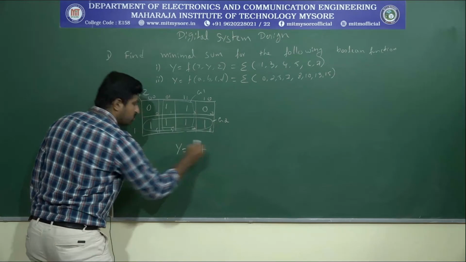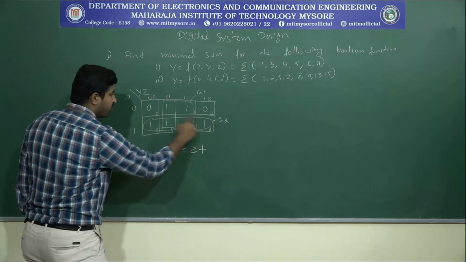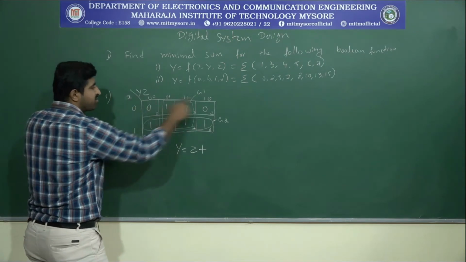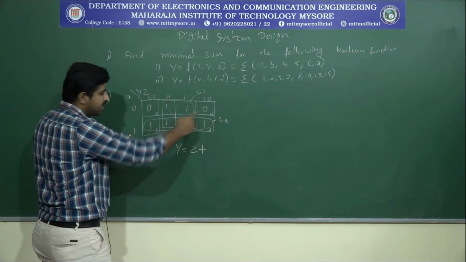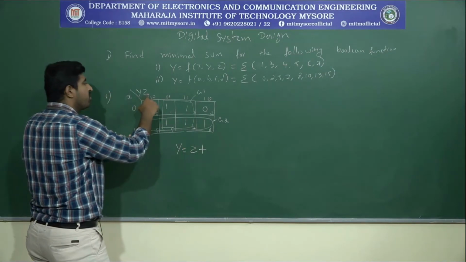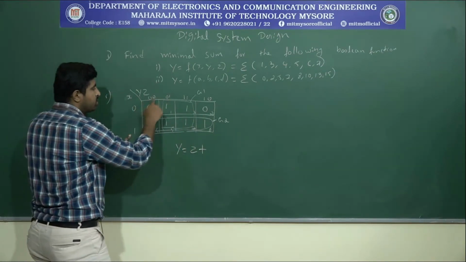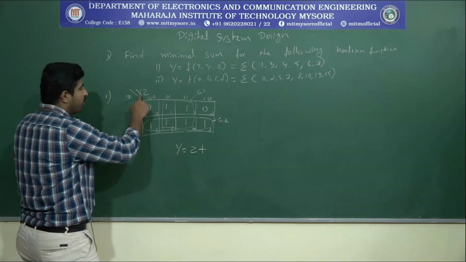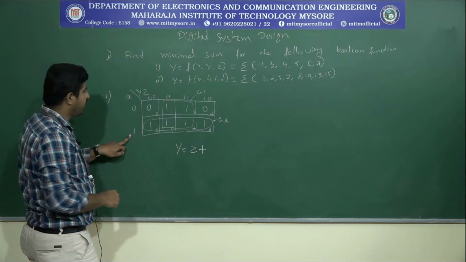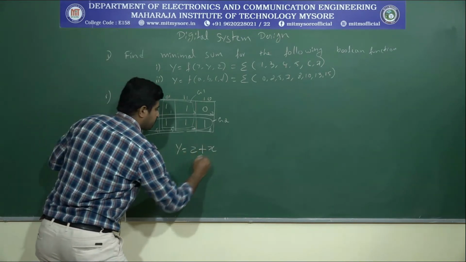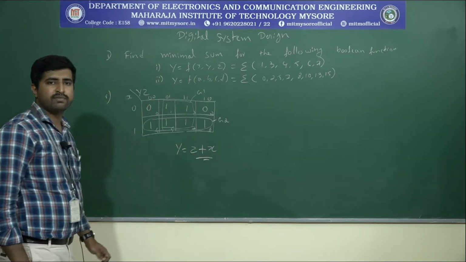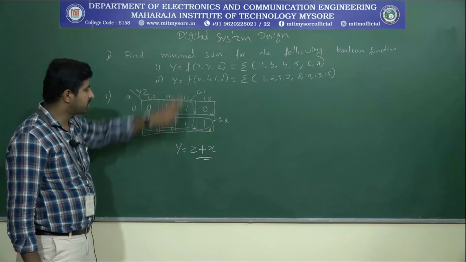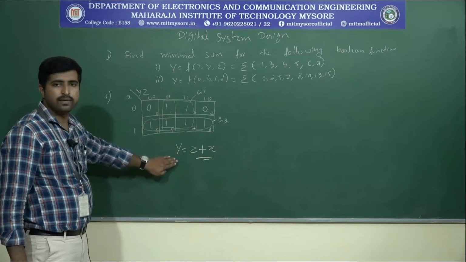Next we have one more group, so z plus. Next, if you look at G2, only x will appear because yz has changed over. The entire column is selected here, so yz changes over. 0 0, 1 1, 1 0, 1 0, 0 1, so the yz terms won't appear here. The remaining will be x. So this is the simplified expression for the given function, the minimal sum for the given function.